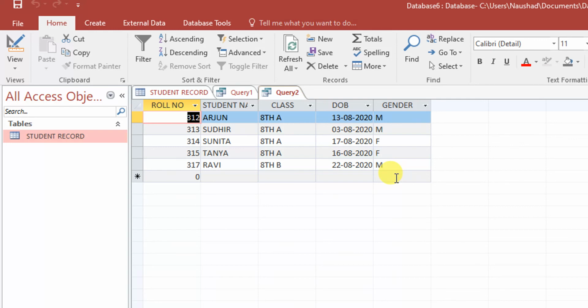So 8th B male students will also appear here, because we have used OR criteria and written it in the OR row. That's why we see all the 8th A students and all the male students irrespective of their section. This is how we use multiple criteria with two conditions, the AND condition and the OR condition.